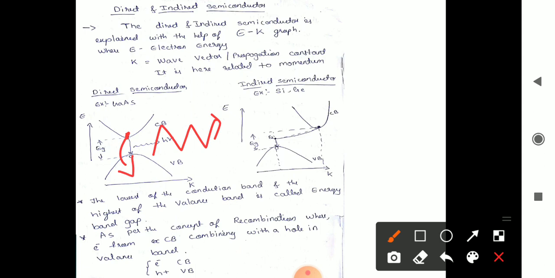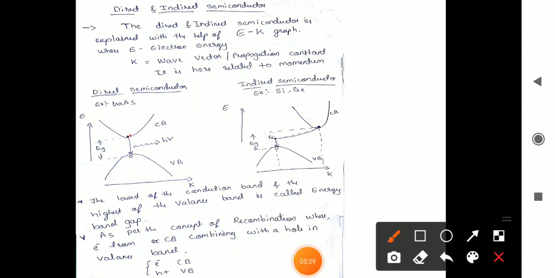Now we have to satisfy the momentum conservation also. For momentum conservation, if you refer to the position of an electron and the position of a vacant place in the valence band, they both are on the same line. That is, the same value of k for the hole present in the valence band and the electron present in the conduction band. So there is no change in the momentum. We can say no momentum is required for the electron to fall. So the conservation of momentum is also satisfied, as well as the energy, in the case of a direct semiconductor. The example for this one is gallium arsenide.